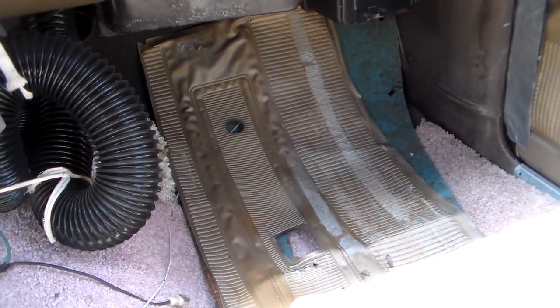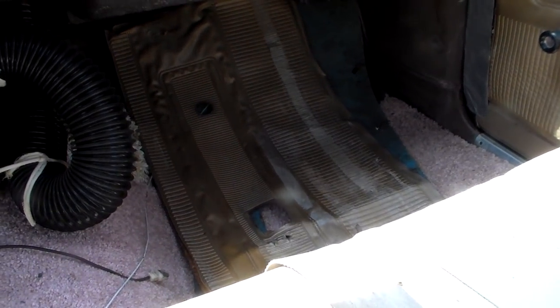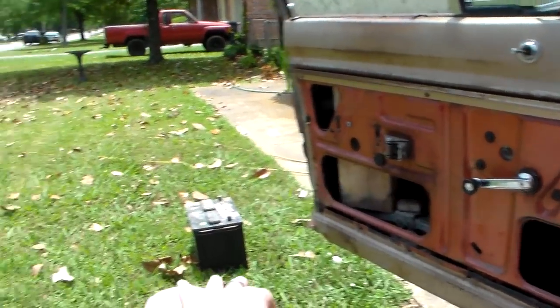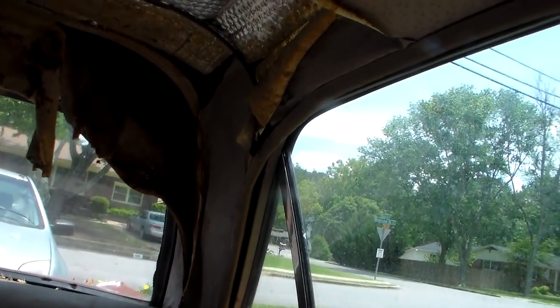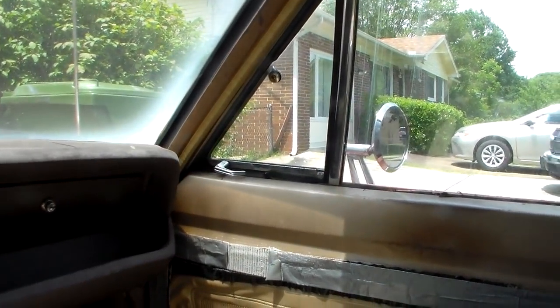See, that is the remains of the driver's side door panel, and I'm going to try to save that. I don't know if I can. It looks pretty rough, but the backing's gone off of it. The windows fell down, so I guess they had to get that off. But I see back here in the back, they've been taping these door panels up, so it's going to need some love on the inside for sure. But